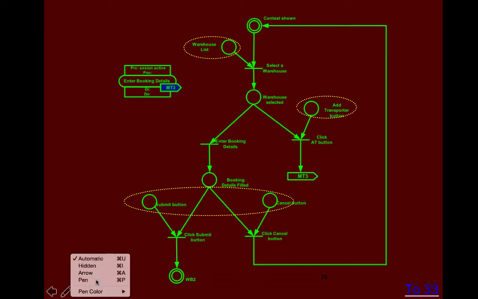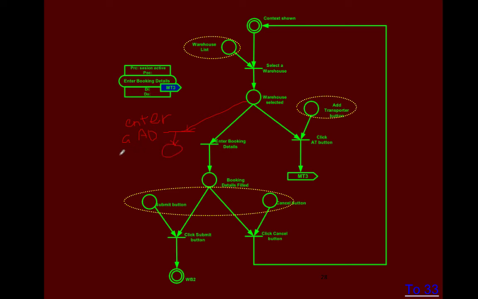And so you might enter the goods arrival date. So here you might enter the short form, goods arrival date, GAD, and then you have another bar, right? So this is a state where the goods arrival date has been entered. So GAD entered, and then you can go on to the next action on the form,